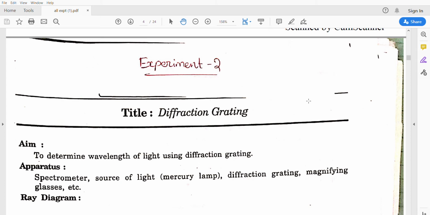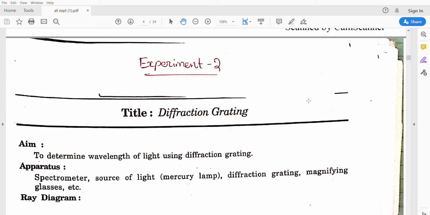This diffraction grating is an instrument having 15,000 to 20,000 slits in a small region. Using a diamond, they develop these 15,000 to 20,000 slits in a small region. With that we can observe the diffraction phenomenon in the laboratory. So we have to understand that a grating is a small instrument used to observe the diffraction phenomenon in the laboratory. Using the grating and the spectrometer, which is also an apparatus, we can observe the diffraction phenomenon and also measure the wavelength of the light.